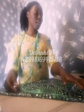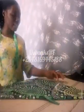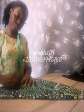Now this is a little different because we have folded it in bias form. So this place, just make this place straight. So all your measurement is starting from here. Instead of you taking 15 from here again, you start your measurement. Everything starts from here. So 15 like this,